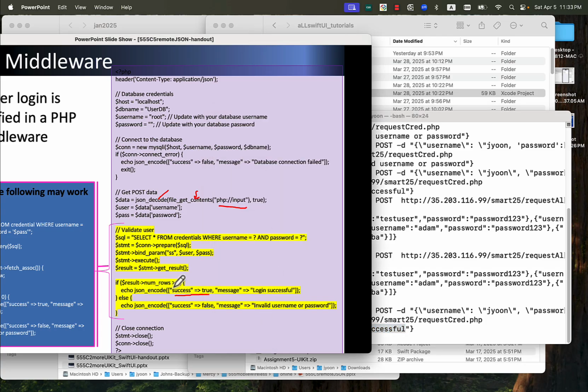Because this is well matched, we sent this and got the result of that SQL statement. Because the username is the primary key,